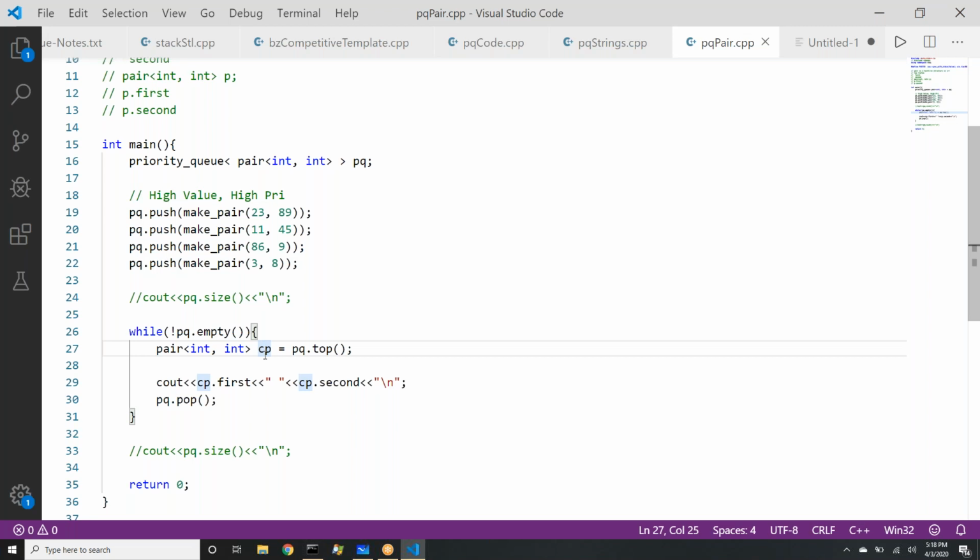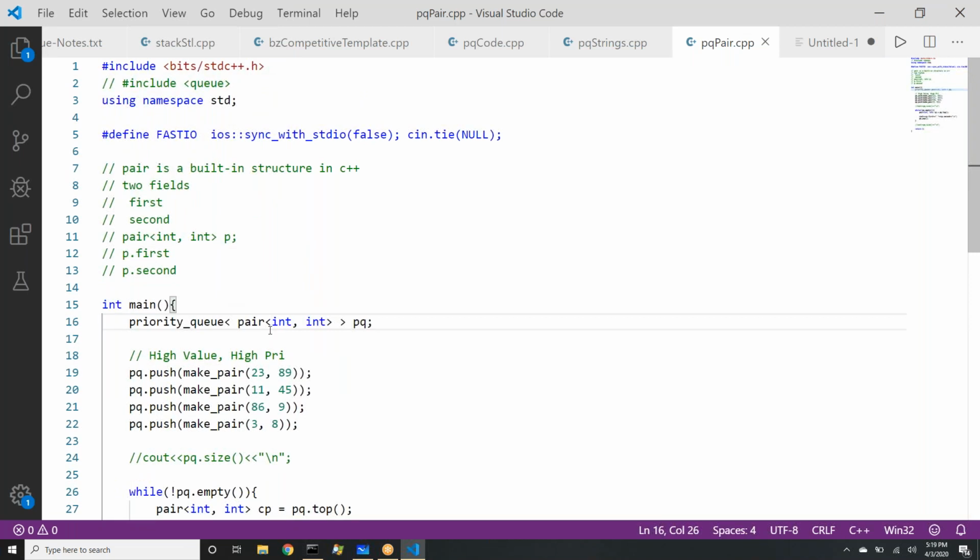So it is okay. Praneeth is asking one question: is there any way to make the priority queue work based on the second element? Yes, Praneeth, there is a way. We will come to that. Yes, there is certainly a way. We will talk about that. But right now we are just getting comfortable with the priority queue syntax, because once we know these things, it makes our life so simple when we are solving some of the tough problems, which usually we feel are solvable only with high time complexity. So priority queue has a good set of problems, and good news is there are a fixed set of problems or fixed set of patterns to which you can apply it. Okay.